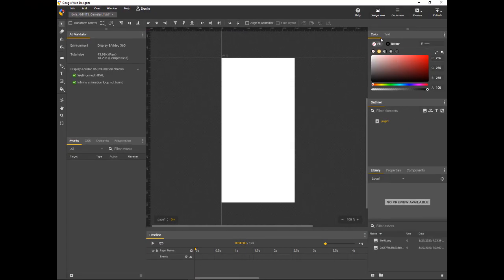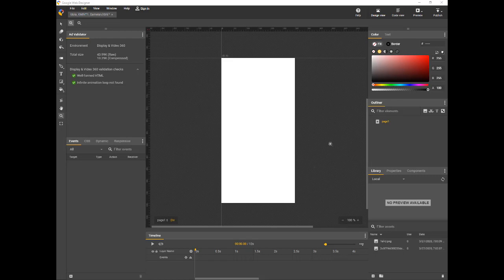Okay, and then this one is the timeline. If you click this panel, you can change it. This one is the quick mode, and if you click again, it becomes the advanced mode. So this is the timeline, and this one is the panel where you choose the colors, the properties, and also the library, where you put all the images that you are going to use in this blank canvas. You can see them in this panel.